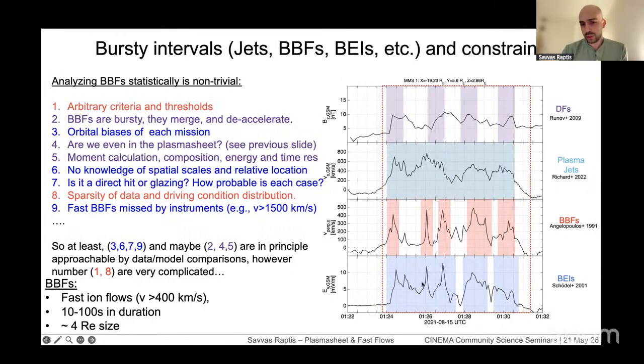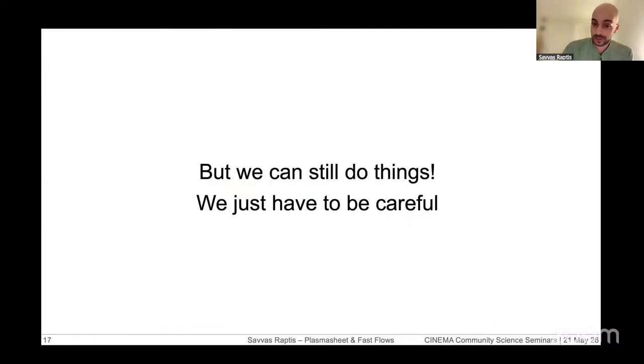Now, I put here a lot of issues we have with the definitions and how we can actually do analysis. But again, I don't think it's the main point. My main point of listing those, apart from remembering them, is that because they are relatively rare, criteria can be arbitrary, and they are bursty, and we only have one spacecraft looking at one position, as we all know. We need to take a lot of assumptions into consideration before we do any statistics and any modeling that I will show you shortly. Still, we can do things, and we just have to be careful with what we're doing.